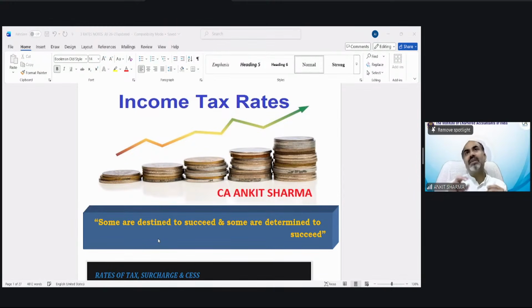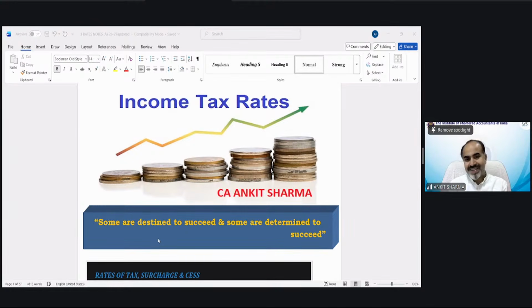Now the rates of tax. So this is going to be interesting and of course a numerical part. After discussing the rates of tax provision, you would be able to calculate the tax on incomes. Whatever general income, if somebody is earning salary income, etc., after this topic, you would be able to calculate tax on that person's income, except some special incomes like capital gain, etc. Those rates are different, but for general income like business income, salary income, interest income, house property income, you would be able to calculate the tax.